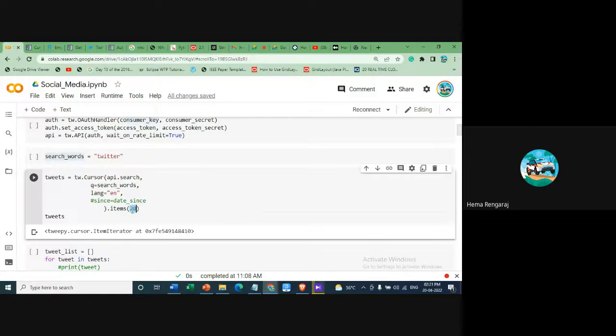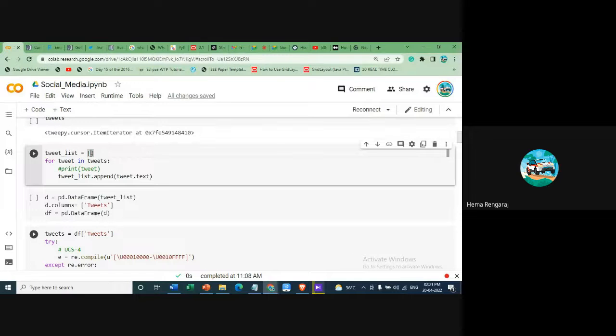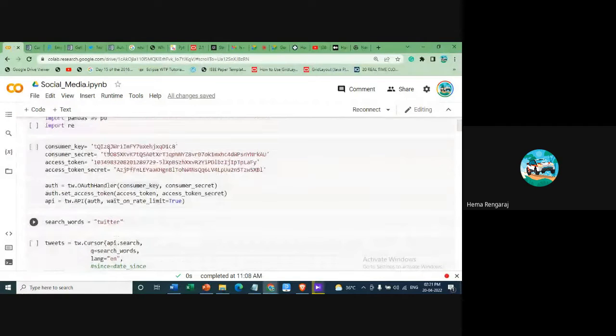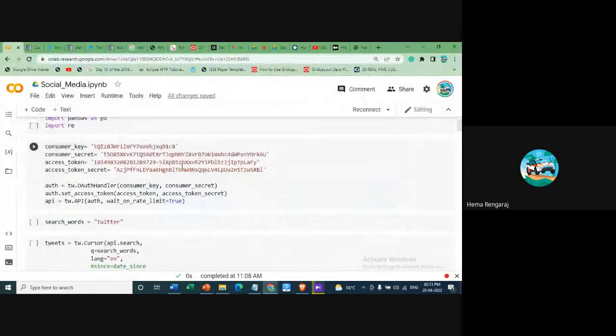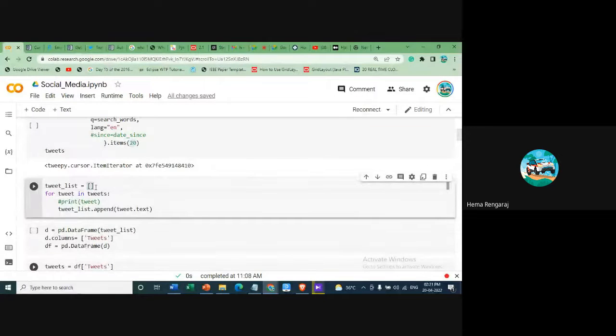Then what I have to do, one by one, I am going to store each tweet in a list. First tweet, second tweet, third tweet, fourth tweet, the top 20 tweets. Who will give them to us? The Twitter API. The apps.twitter.com is an open forum that gives access, not full access but limited access to the users, for experimentation purposes, right? And then you are going to take the tweets one by one and append them to the list.